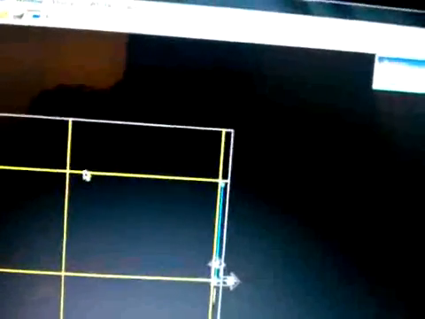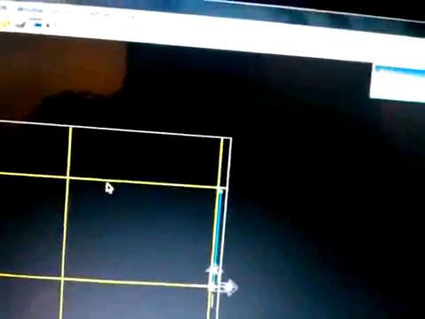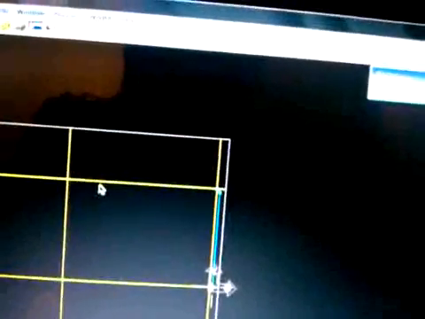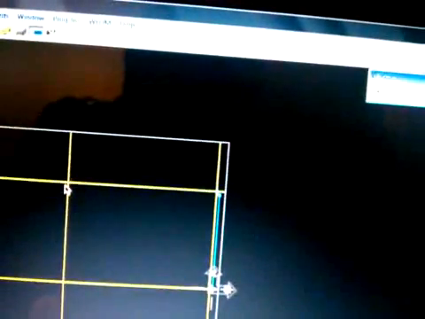Okay, this is going to be our part 2 of learning how to draw with Gibbs Cam. This is basically where we left off. We're now going to do a radius. So I'm going to create a line above this line here, so then we can connect and create a radius